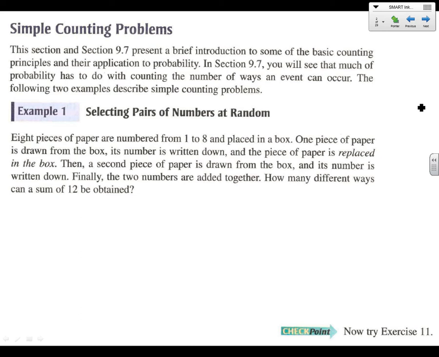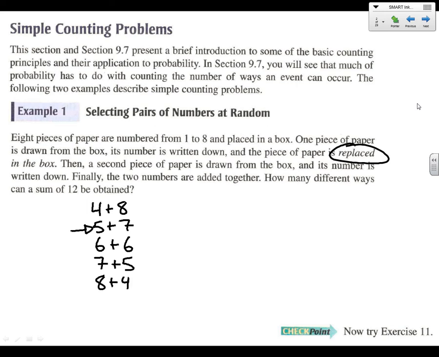So we could use 4 plus 8. We could use 5 plus 7. We could use 6 plus 6, and that's allowed because we're putting the numbers back in. We're replacing them in there. We could pull out a 7 and then a 5. That's different than a 5 and then a 7. The order matters. And we can pull out an 8 and then a 4. So 5 different ways